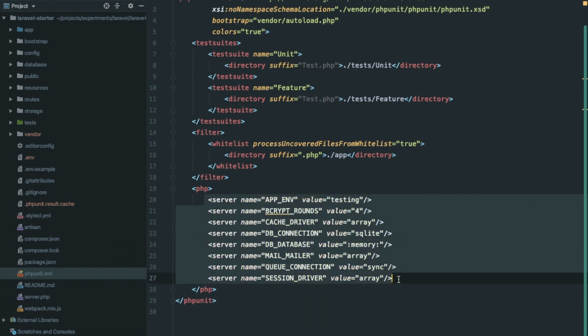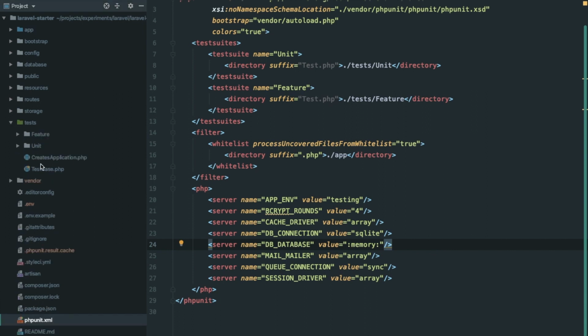These environment variables are used while running test cases. Laravel will automatically set the environment variables defined in this file. One thing to note here is that we are using an in-memory database of SQLite. The advantage of using an in-memory database is that it is created automatically in memory when you run the test and is automatically destroyed after your test cases are completed. It will not affect your actual database. You can configure these environment variables as per your requirement. For now, the default ones look fine for our example.